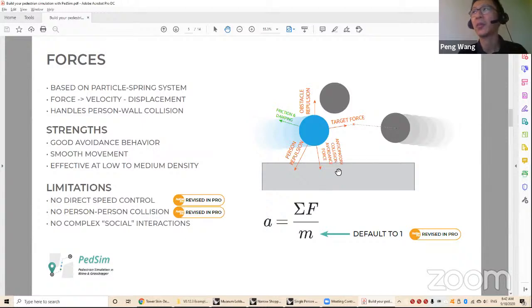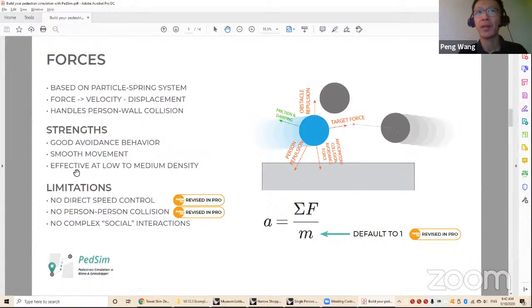So people almost never bump into each other, and they will avoid each other sometime before they collide. This time you can set. But in the examples you will see, we set it to between 1 second to 2 seconds. So when collision are likely to happen within 2 seconds, people will avoid each other early to get a smooth